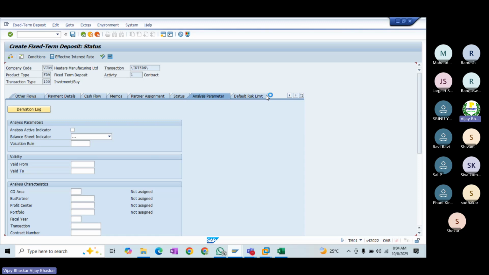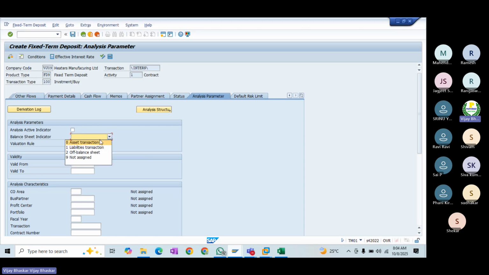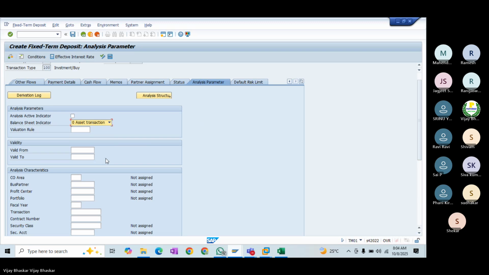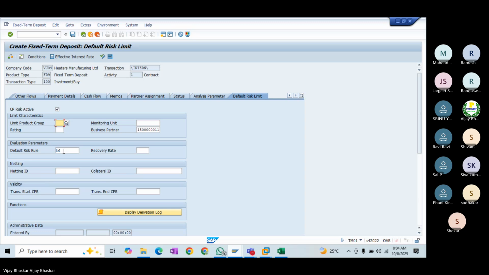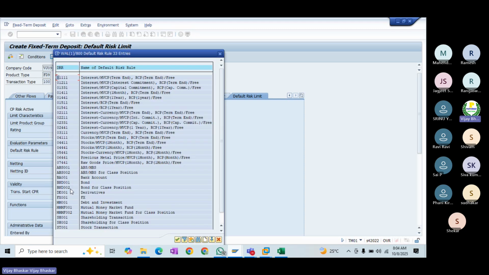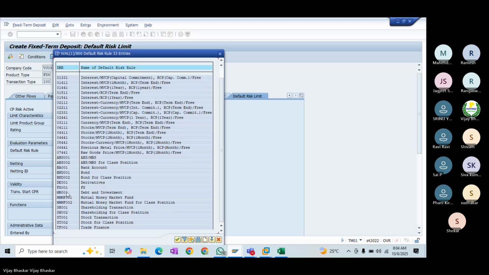Okay, let's see analysis parameters. It is an asset transaction. Default risk limit. Just for money market, let me select this one. Get debt and investment.